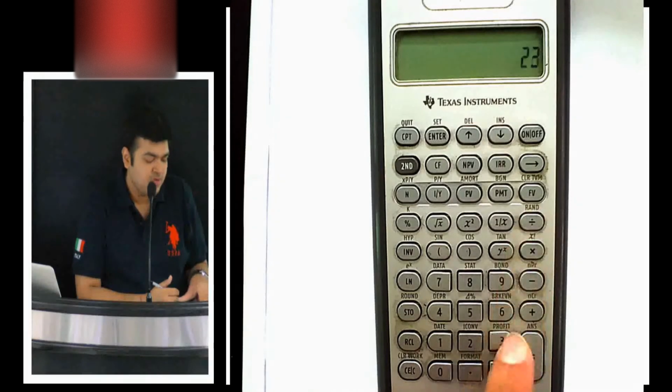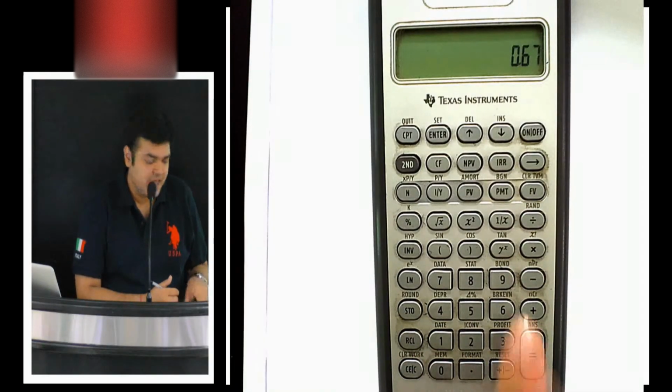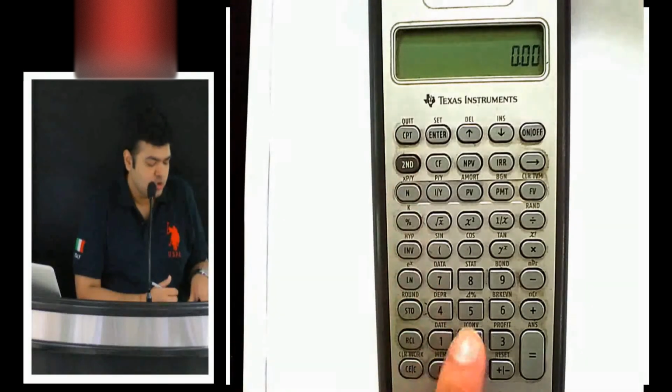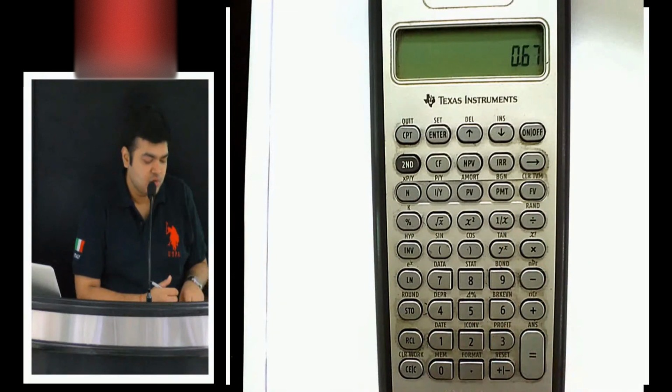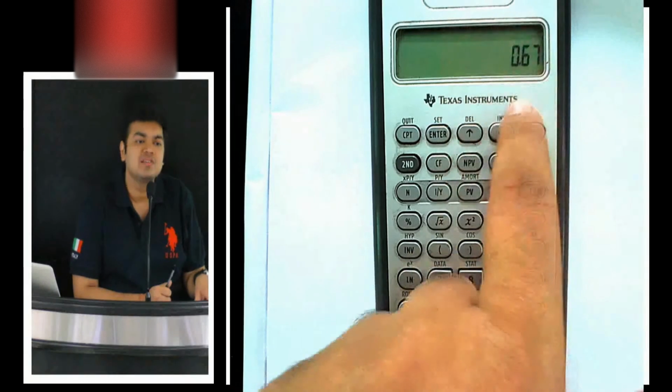2 divided by 3 is equal to 0.67. If I multiply by 3, the answer should be equal to exactly 2. That is working out. Now 2 divided by 3 equals to second round. Second STO is rounding off. So basically the number on the screen is now equal to 0.67. It's not equal to 0.666666. So you have rounded off to the number of decimal places on the screen. If you had 6 decimal places, the number would have been rounded off to 6 decimal places.